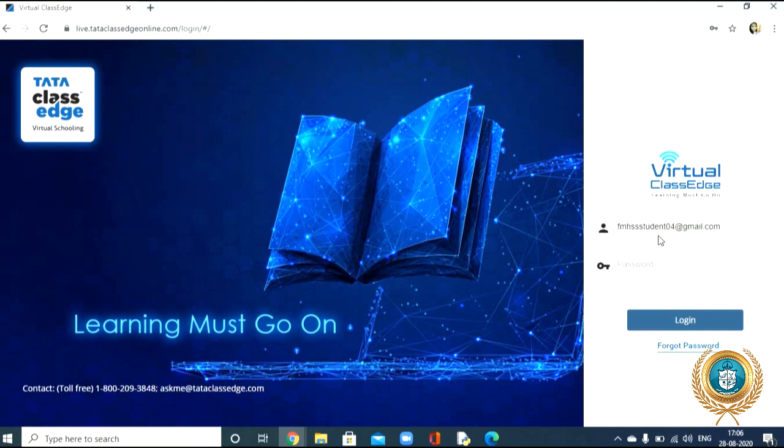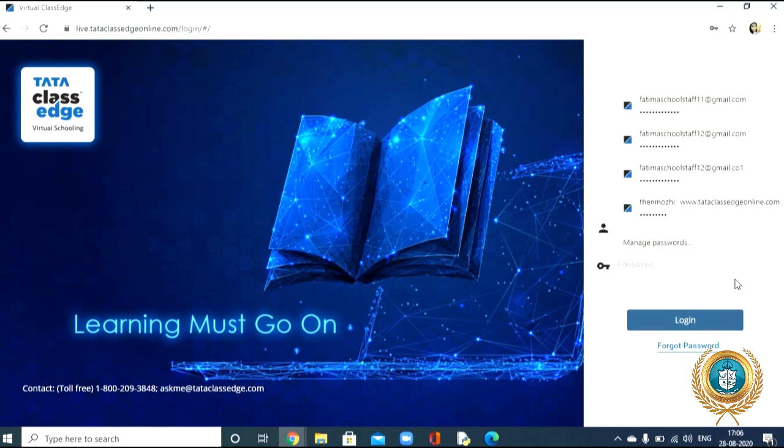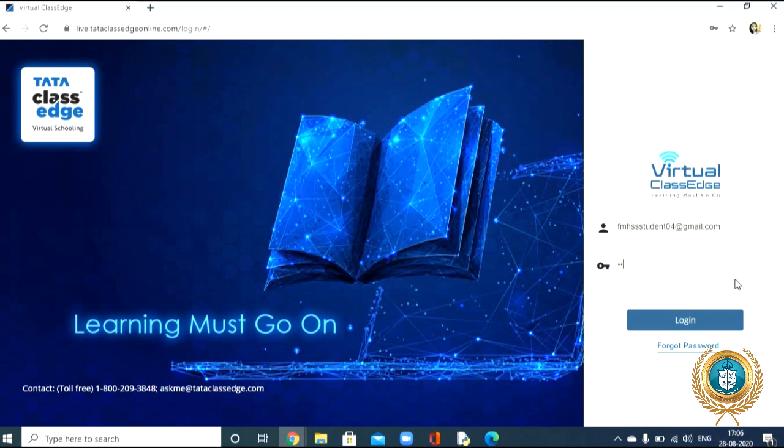I am entering one student ID. Here you can type your password. Click login. Let's navigate to the main page.